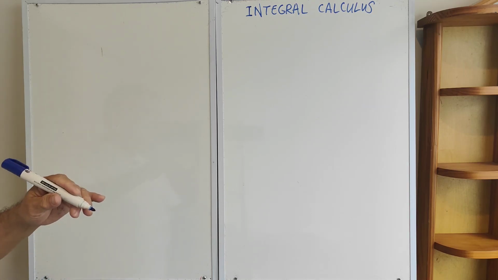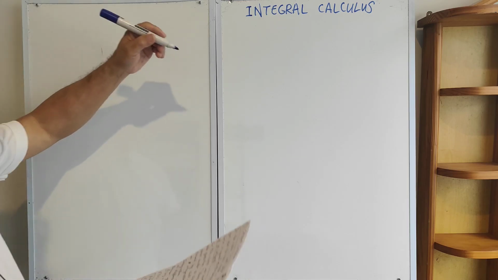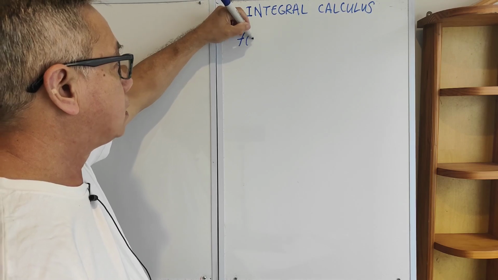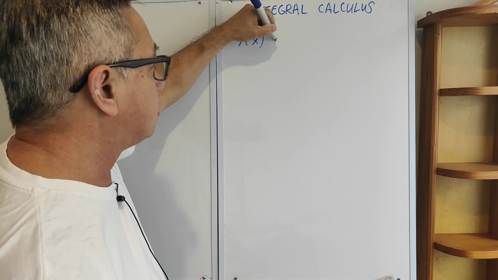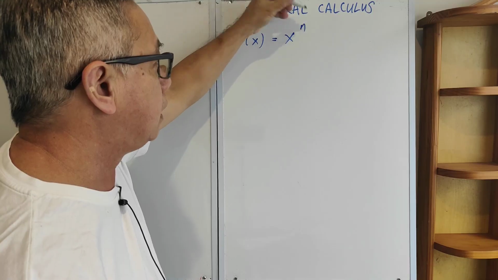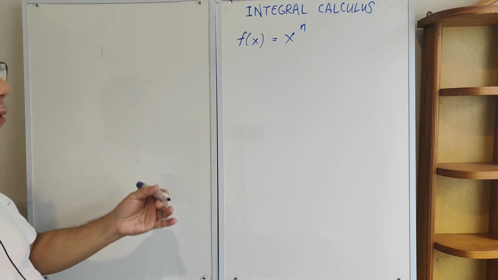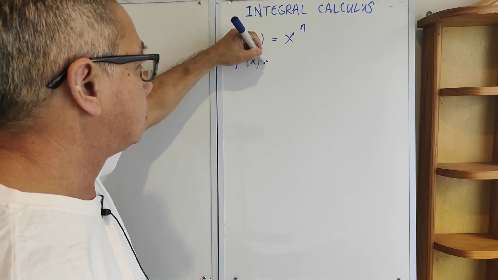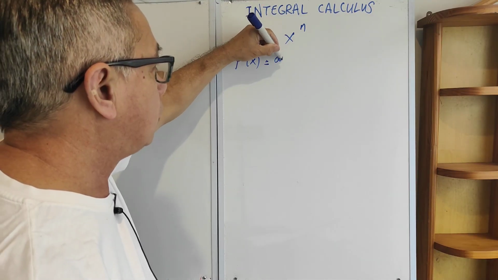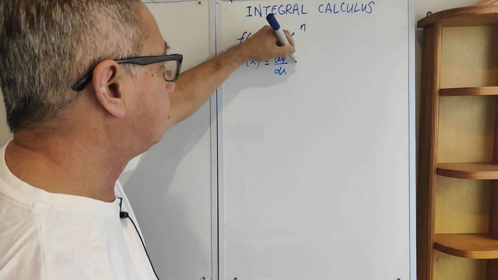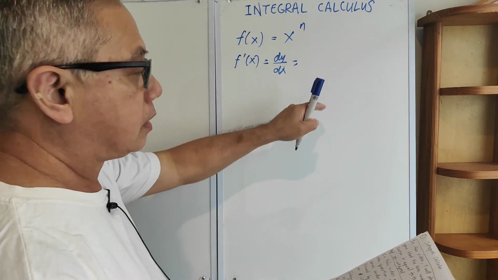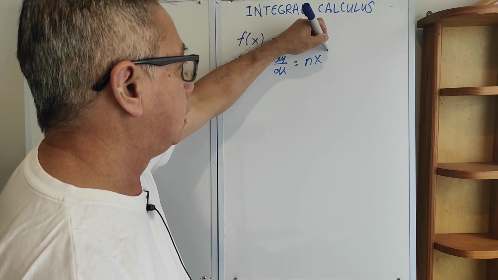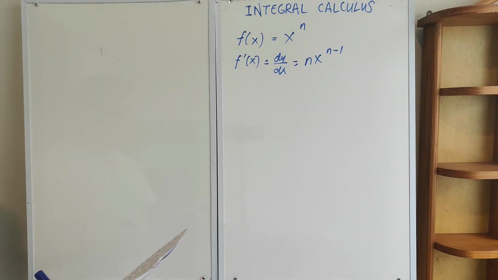So let us first review differentiation, or a review of the power rule. If you have f of x equals x to the power of n, to differentiate or find f prime of x, or dy over dx, or the slope of the curve, you just need to bring down the exponent in front of the x and then n minus 1. So that's basically the